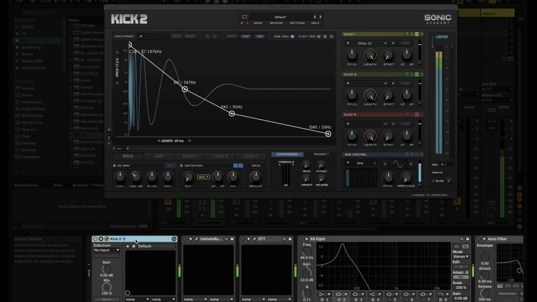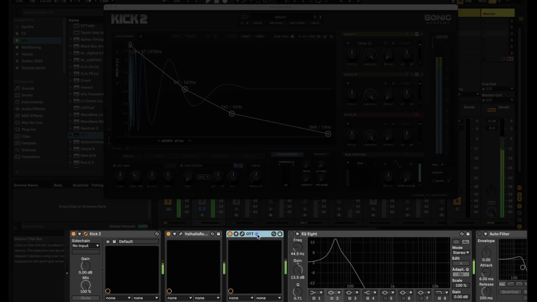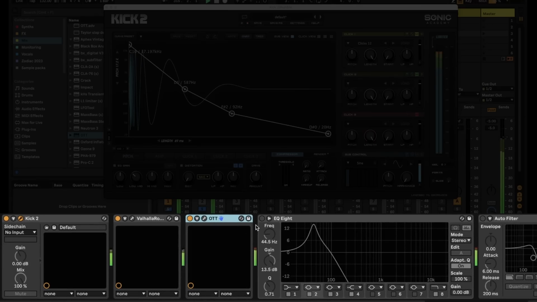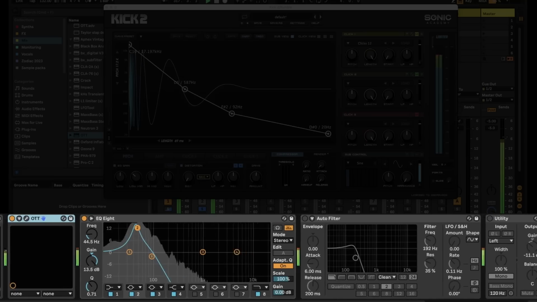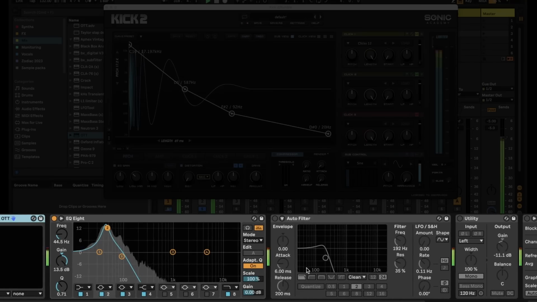I don't know why I didn't put these things together sooner, but I find a rumbly low end like that relatively attractive. So this simple click from kick 2 is what I'm putting through a big old Valhalla reverb into an OTT just to keep the volume very consistent. Very low passed, with a big resonant kind of peak around 45 hertz. Extra low pass to make it feel really underwater.